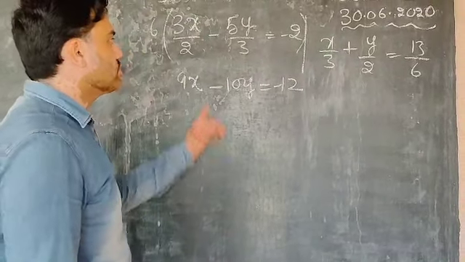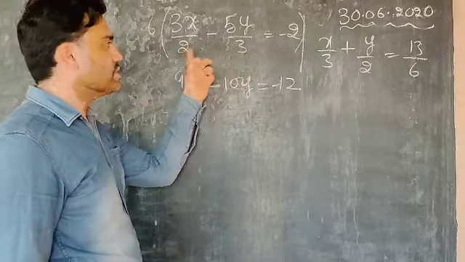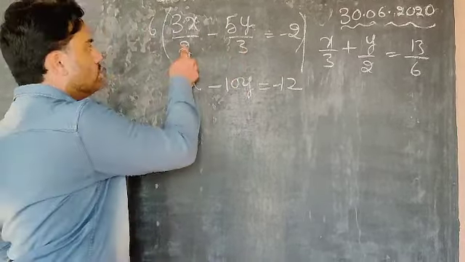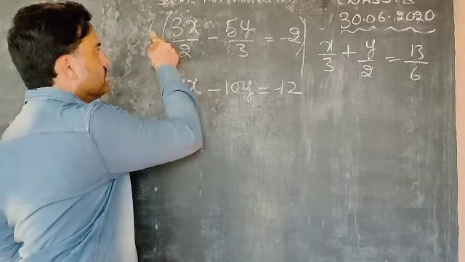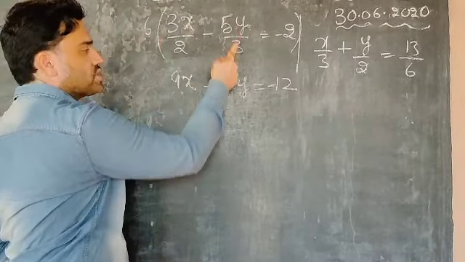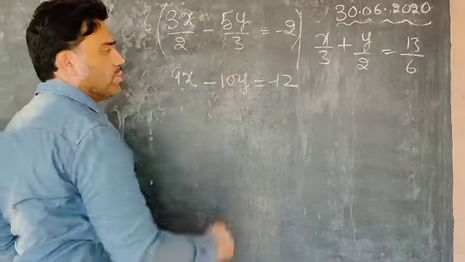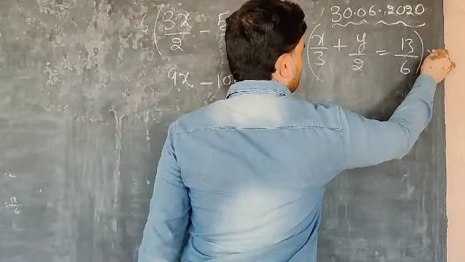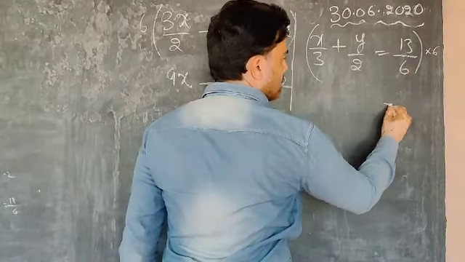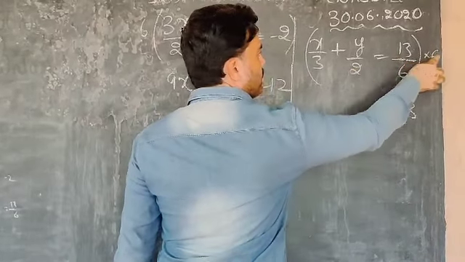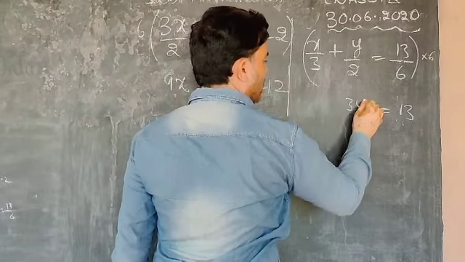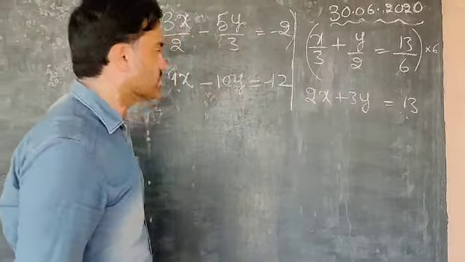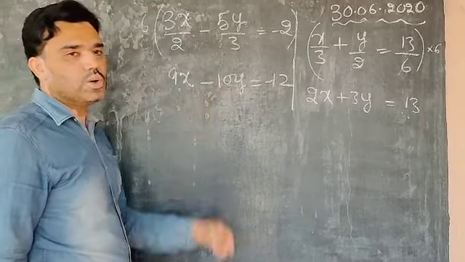Tell me once again. We took the LCM for 2 and 3, that is 6. So the whole equation is multiplied by 6. So 2 3s are 6, 3 3s are 9x. Okay, 3 2s are 6, 2 into minus 5y, minus 10y, 6 into minus 2, minus 12. Now look at the second equation. The LCM is the same, that is 6 only. 6 gets cancelled on the 13. 6 means 2 into 3, therefore 3y. 3 2s are 6, therefore 2x. 2x plus 3y is equal to 13. And 9x minus 10y is equal to minus 12.